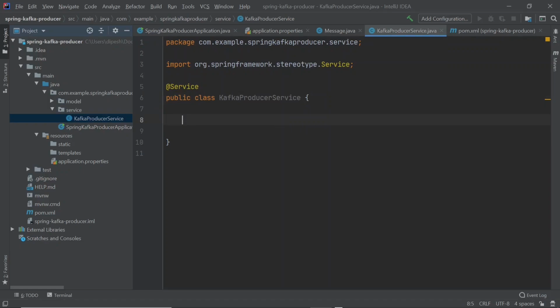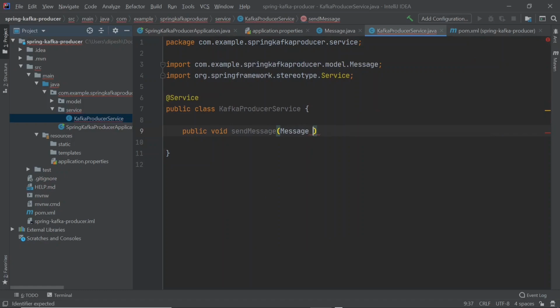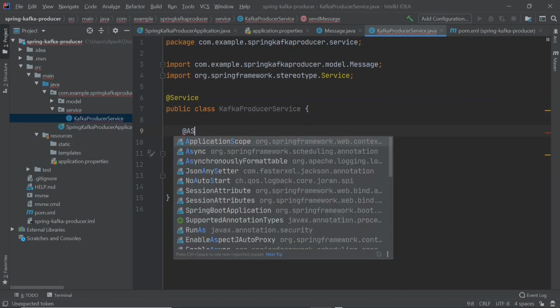Now in this class we are going to provide a method which will produce a message on a Kafka topic. So we will accept an object of type Message for this method, and we need to produce it to the Kafka topic. We have seen earlier that this Spring Kafka project creates a bean of type KafkaTemplate, which we can use to produce our message on a Kafka topic.